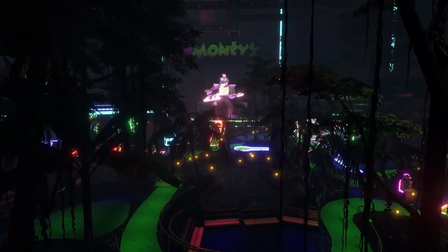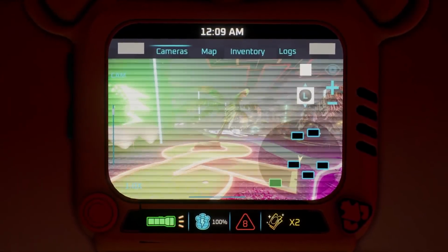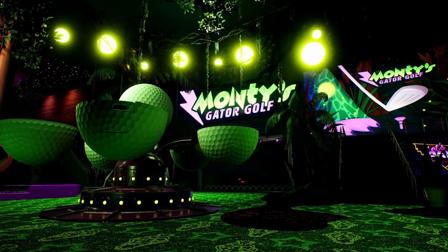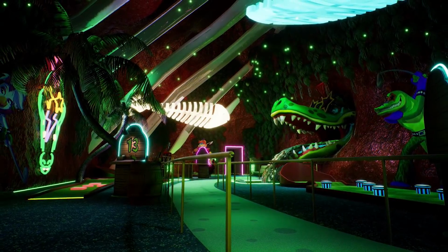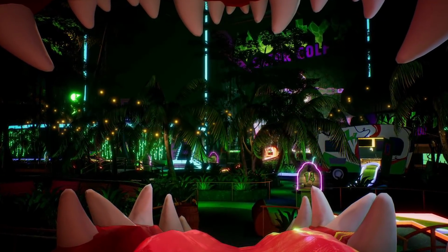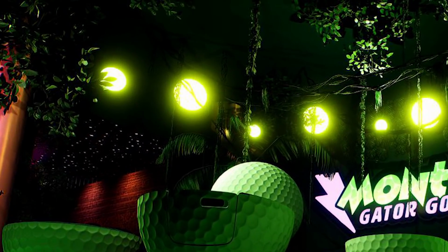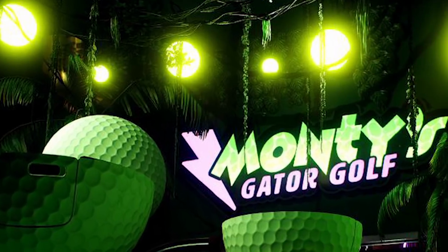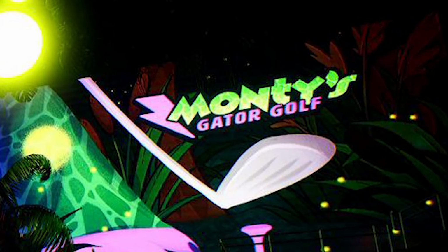Moving on to the 9th, 10th and 11th images, and all of them take place within Montgomery's golf course. Again, we have seen this area, but not in such detail. Developer Steelwall has done a fantastic job of creating an authentic looking swamp or bayou type environment, befitting of its alligator host. In the first screen we see a leafy canopy overhead, complete with vines and creepers and illuminated by bright firefly-esque lamps. The golf course beneath is coined Monty's Gator Golf, as seen on the giant signage on the